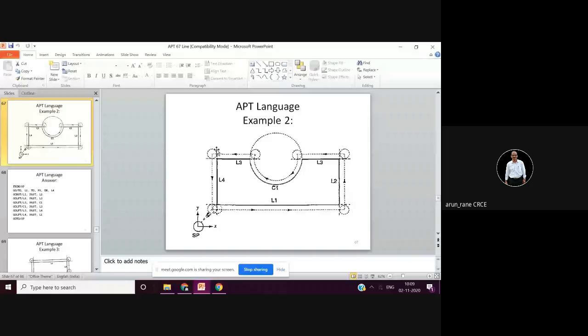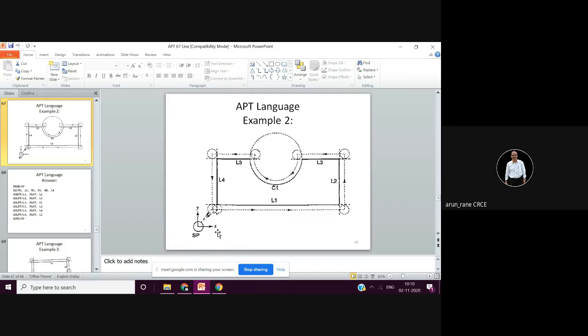So there are two ways. Either you can go from here and do machining like this, or you can go from here and do machining like this. Either you can go to the right or you can go left. In conventional CNC, if you are going like this, we are on the right hand side, so that is your G42. And if you are going like this, then you are on the left hand side, so that is your G41. So G41 is cutter on the left and G42 is cutter on the right hand side of the profile.